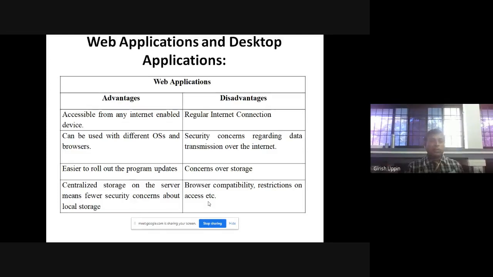You must have seen this across many web applications: this particular website can be best viewed in this version of Chrome, this version of Internet Explorer. So that is one limitation. There is always a browser compatibility issue. That is one disadvantage.